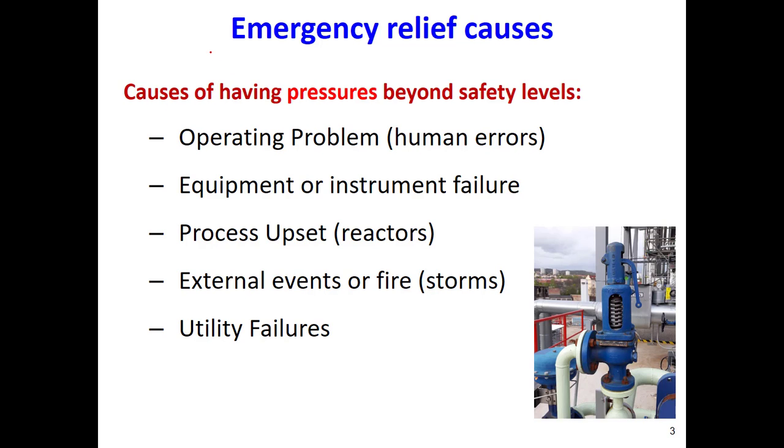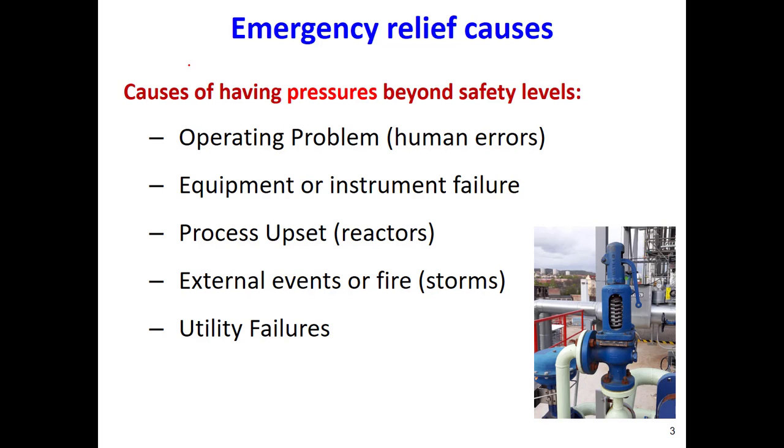The first topic is about some safety considerations, emergency consideration in the process. Usually in the process, most of the time we have vessels that we also call pressure vessels. These pressure vessels contain either liquid or compressed liquid, or liquid at high pressure, or even gas at high pressure. And also there are many vessels like distillation columns, reactors, pumps, compressors, storage vessels, storage tanks. They are not operating at atmospheric pressure.